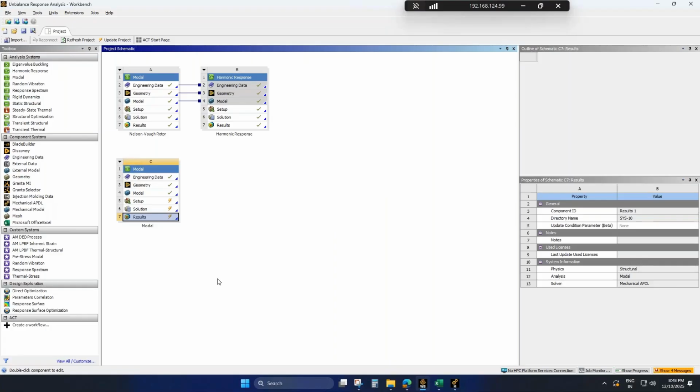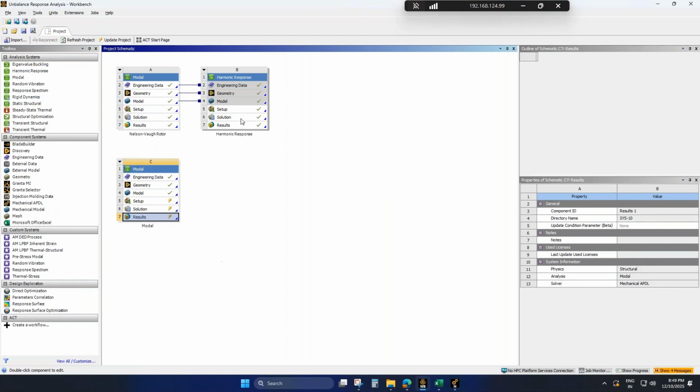What we will do is first a modal analysis to study the natural frequency, and extract the Campbell diagram. From the Campbell diagram, we can understand the critical speeds, and we'll take note of them and use that information in the subsequent harmonic analysis. In the harmonic analysis, we will apply unbalanced mass to the rotor, find the response to that unbalance in terms of displacement, and plot the orbit plot. That's the goal of this demo.